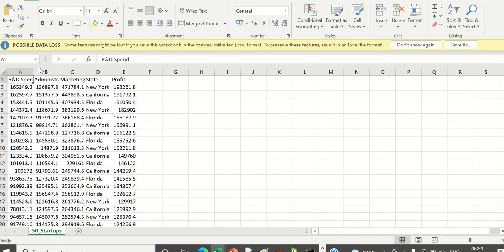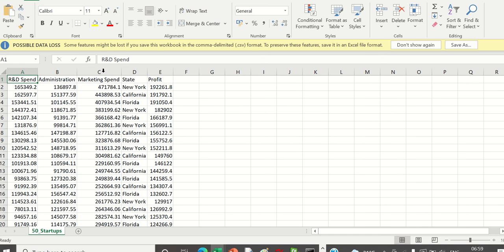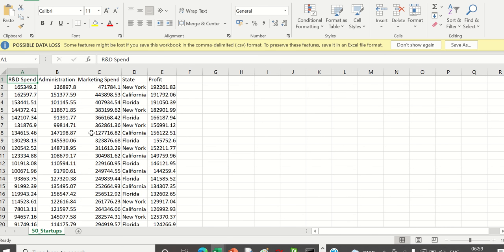Okay, this is our data set. In the coming days, we will only be seeing this kind of data. I will be sharing different data sets of this type, and that will be your project.